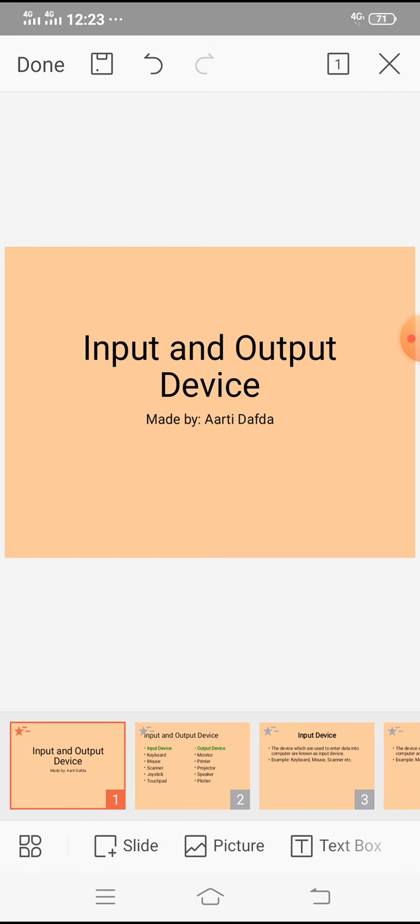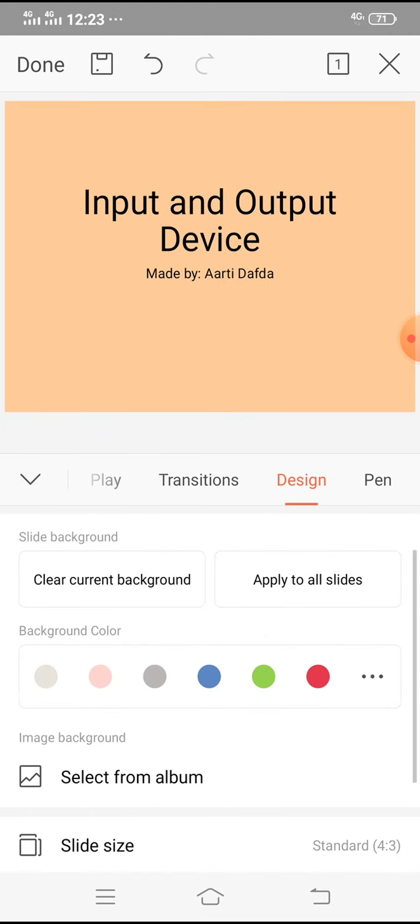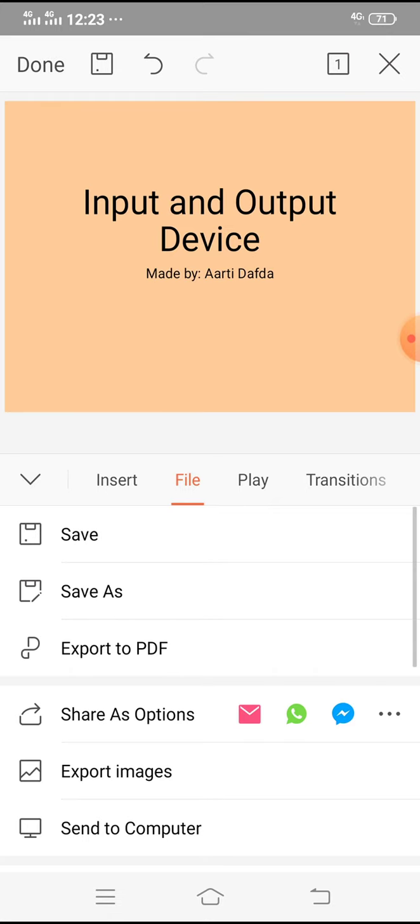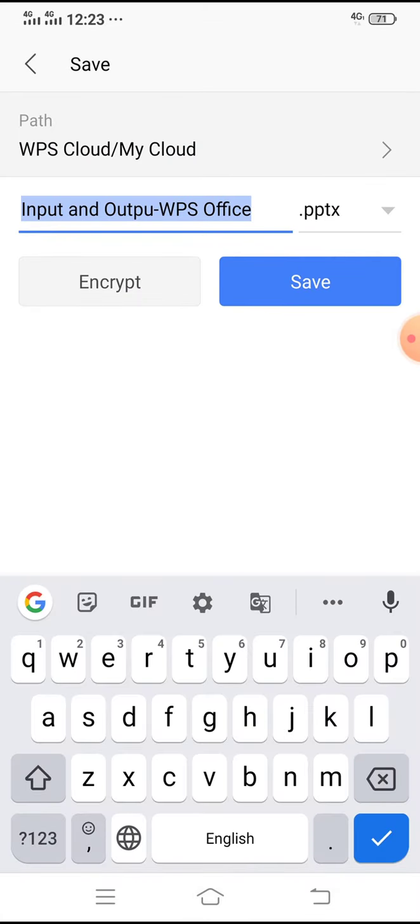Now after doing it, save your presentation. You can directly save your presentation by clicking on the save button which is at the top. Otherwise, click on the menu bar, click on the file menu and click on save.